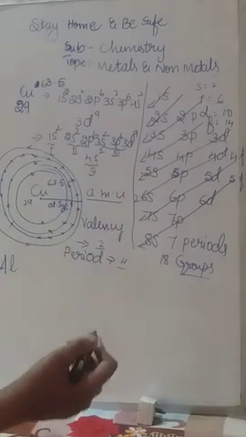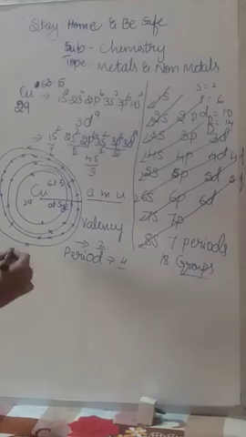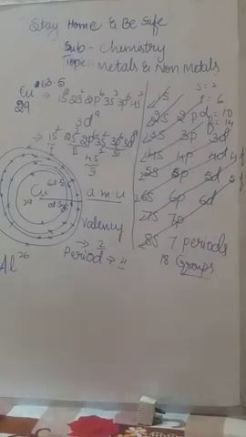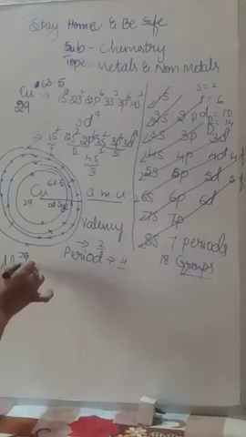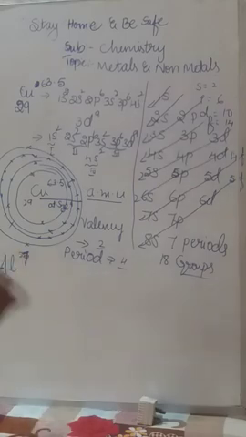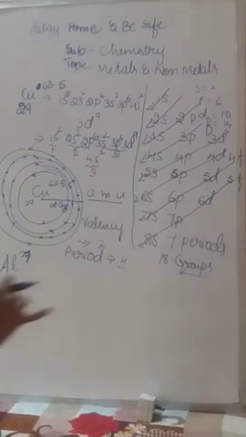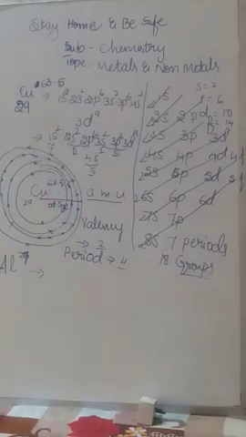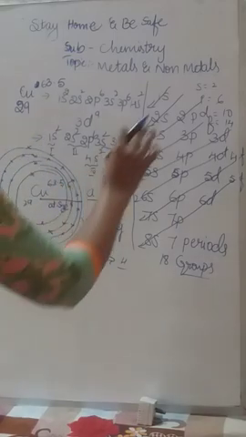Mass number is always double, I told you already. So the mass number is 26 or 27. Mass number is 27. Except for a few elements, it will always be double. Okay, write the electronic configuration. The table is already ready, then it is easy for you to write. But remember, you want to practice at least 10 elements. Then only it is easy for you to get. Otherwise it's not. Okay, so next, aluminium.